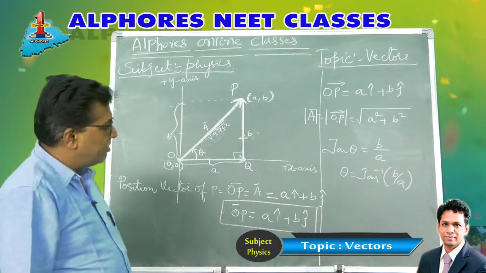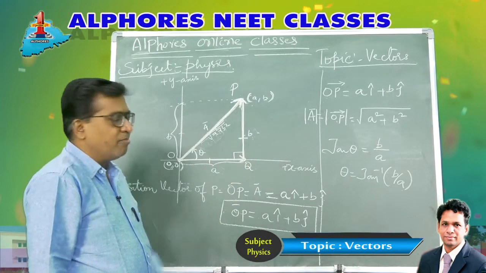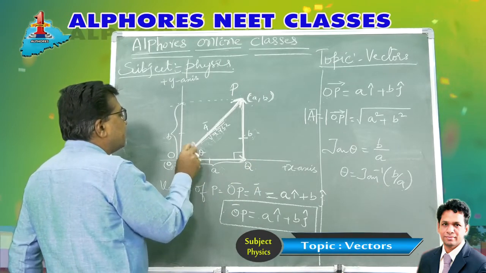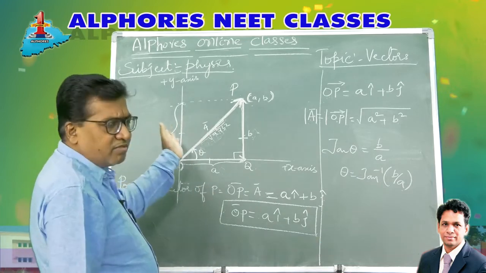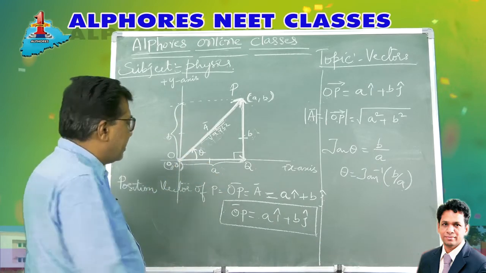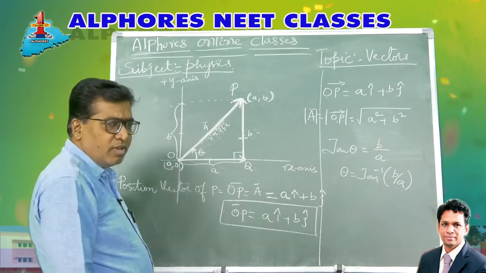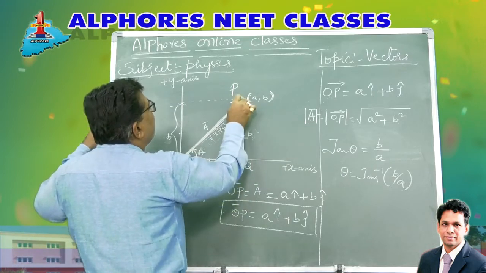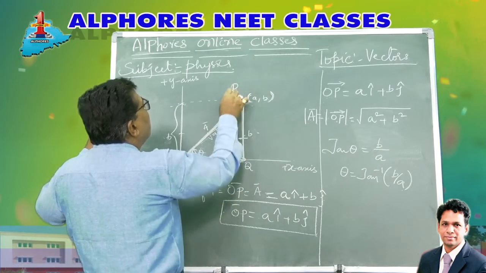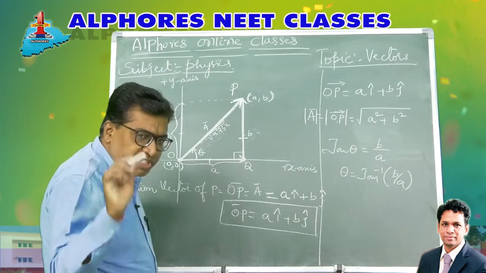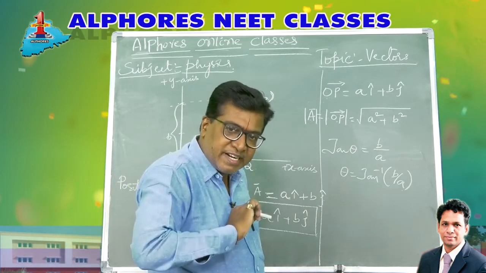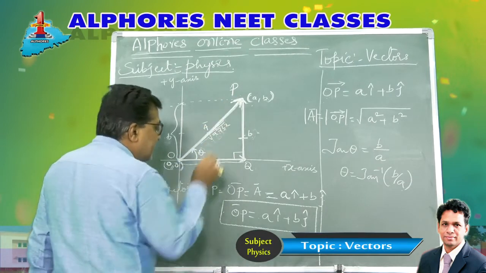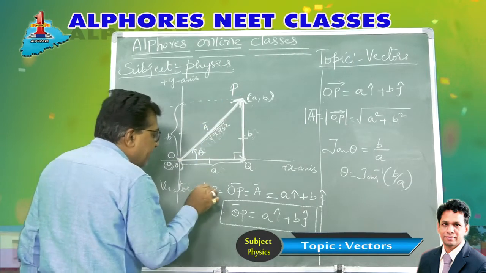This is the angle made by the vector with the reference line, that is our positive x-axis. In coordinate geometry, we take all angles measured with the positive x-axis in the anti-clockwise direction. Anti-clockwise direction is a positive angle, so plus theta. Therefore, in this two-dimensional plane, if there is any point P (A, B), then the position vector of point P is represented as OP bar.